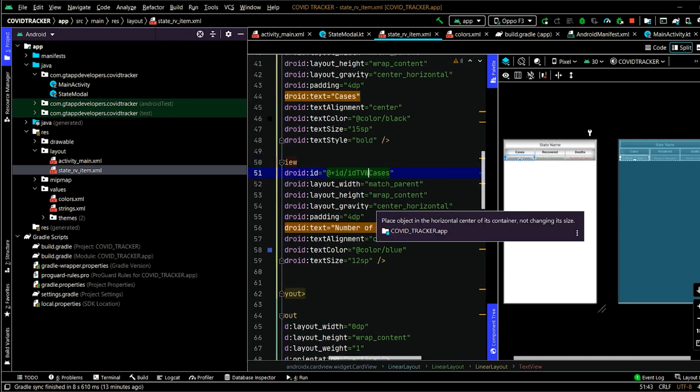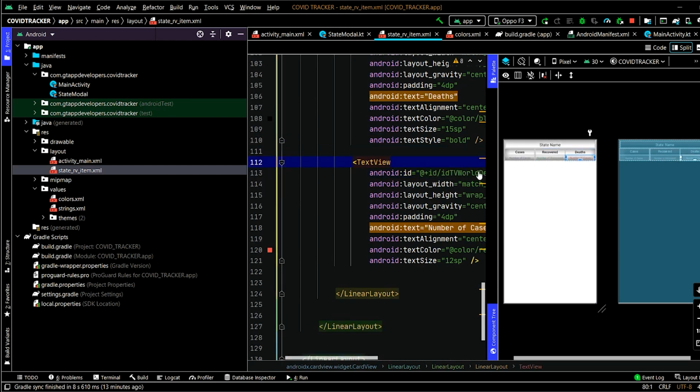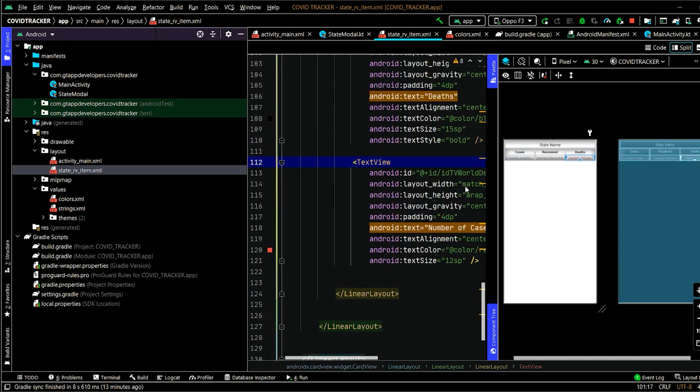Here we will only write ID TB cases. Here we will specify only recovered patients, and here only dead. Now our UI for the each item of our recycler view has also been created.